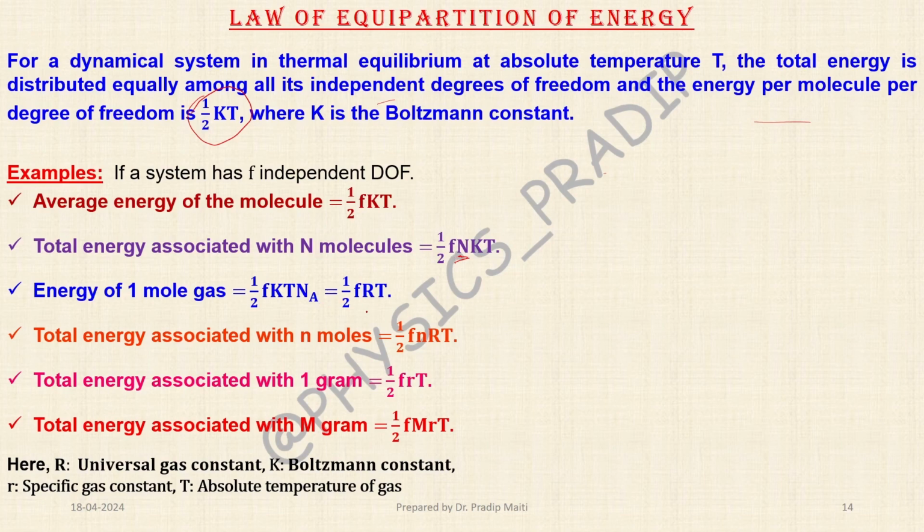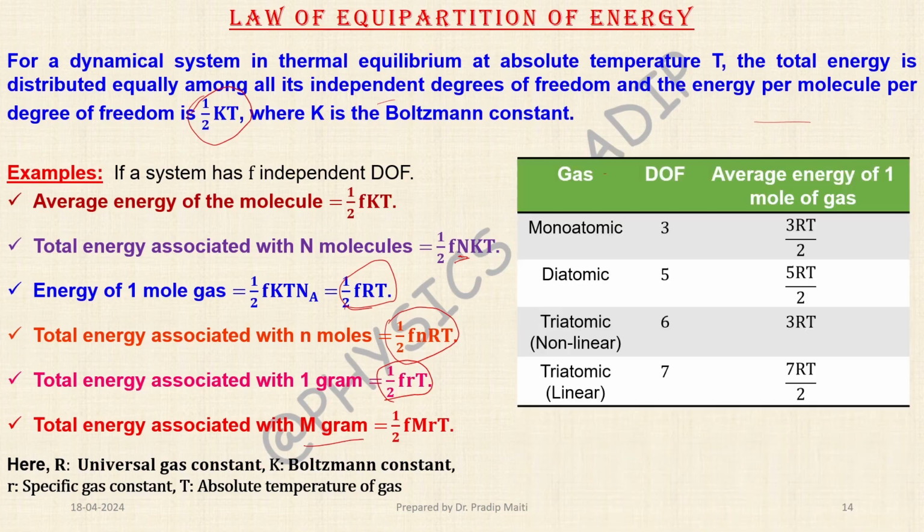Energy of 1 mole of gas is half F RT. Total energy associated with n moles is half F n RT. Total energy associated with 1 gram is half F r T, and total energy associated with m gram of gas is half m F r T, where small r is the